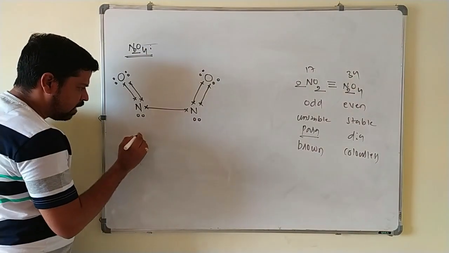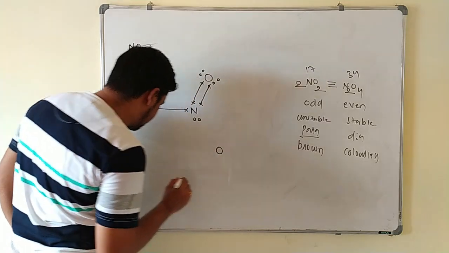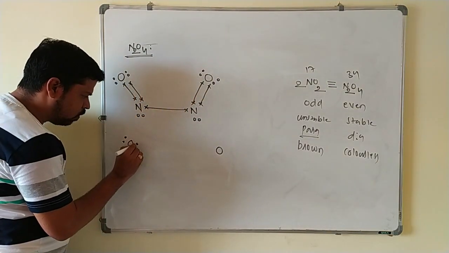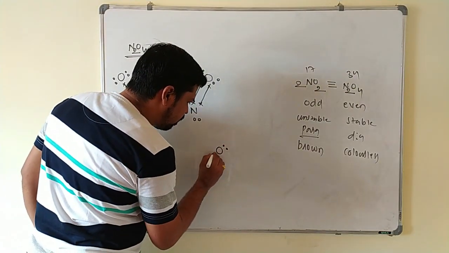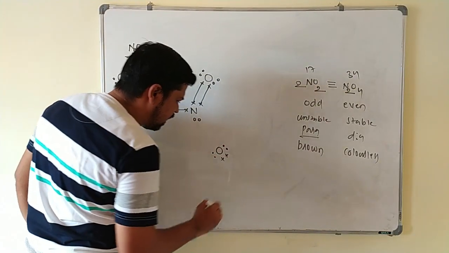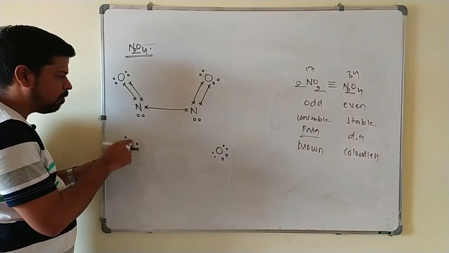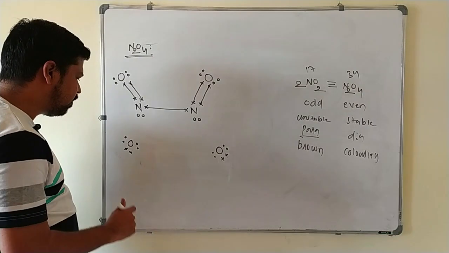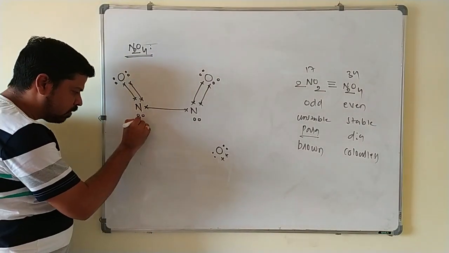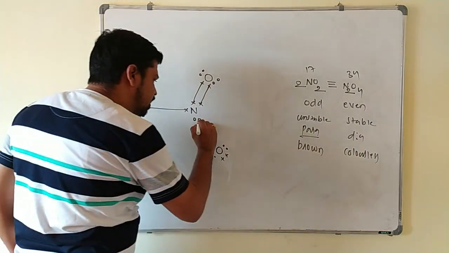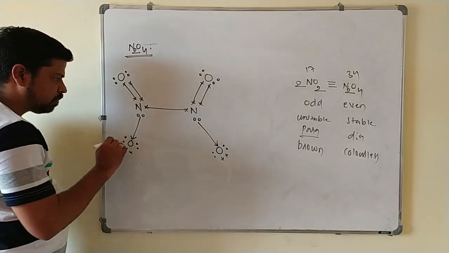Next, if I want to add another 2 oxygens here. Now you see here 2 lone pairs of electrons on the oxygen, 2 unpaired electrons. These unpaired electrons cannot form a bond with the paired electrons. So what we will do is, this oxygen is having 2 electrons less than the octet. So we will form what? A coordinate bond here, and there is a formation of a coordinate bond here. Okay.